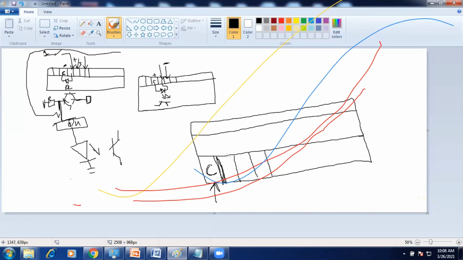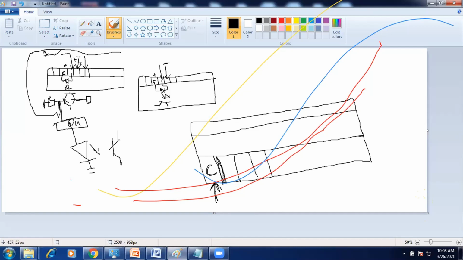How will it be moved? Here I am considering source output. Source output means the output may be source or sink. Based on the type, we need to give a supply or negative on that common pin only. Source output means we need to give positive on that common pin. Sink output means we need to give negative on that common pin.